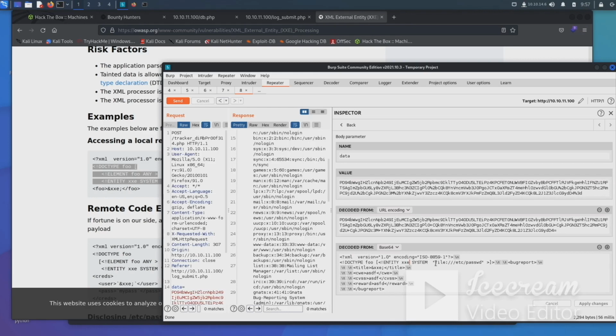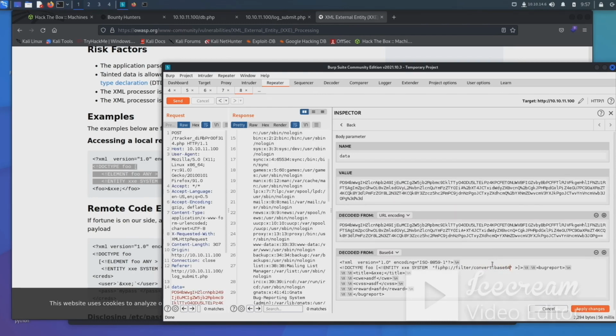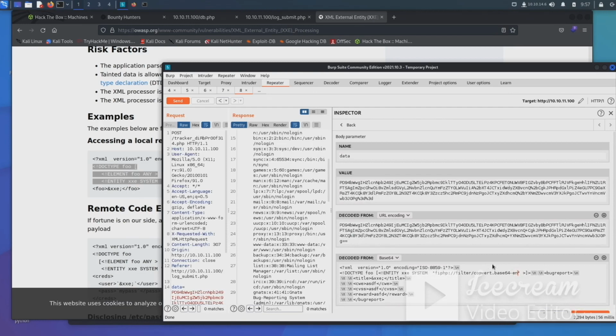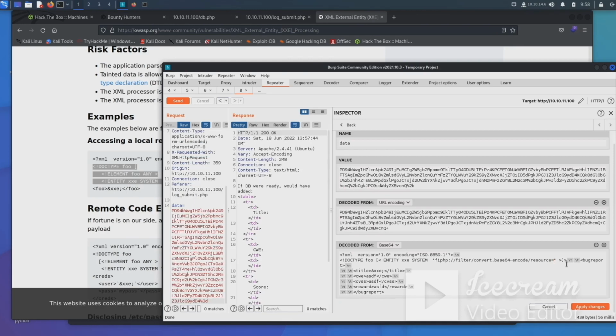So instead of pulling down a file, what we're going to do is type in here php, and we can delete all of this and type in filter/convert.base64-encode/resource equals, and instead of the etc passwd file, what we're going to be looking for is the db.php,